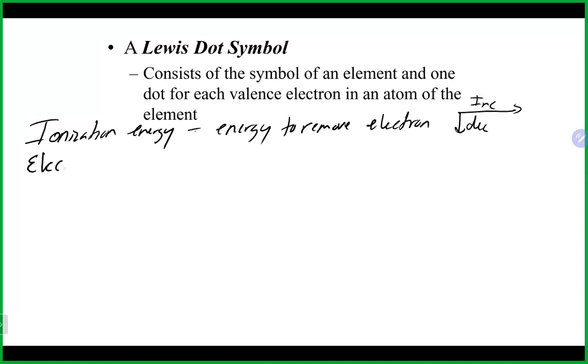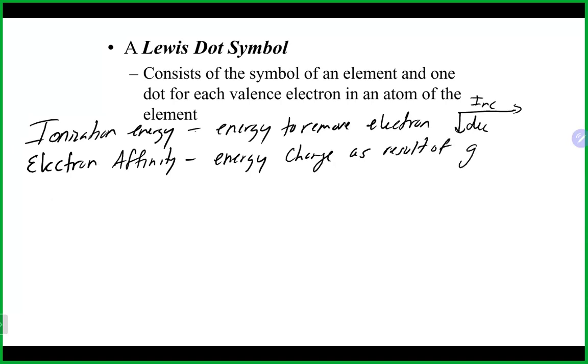There's electron affinity, which is the energy change as a result of gaining an electron. And if you think about affinity, it means that you like something. So if you have a high electron affinity, you have a like for gaining electrons. If you have a low electron affinity, you don't like to gain electrons so much. On the periodic table, it increases as you go this way and decreases as you go that way, in general, not a perfect trend. There's electronegativity,